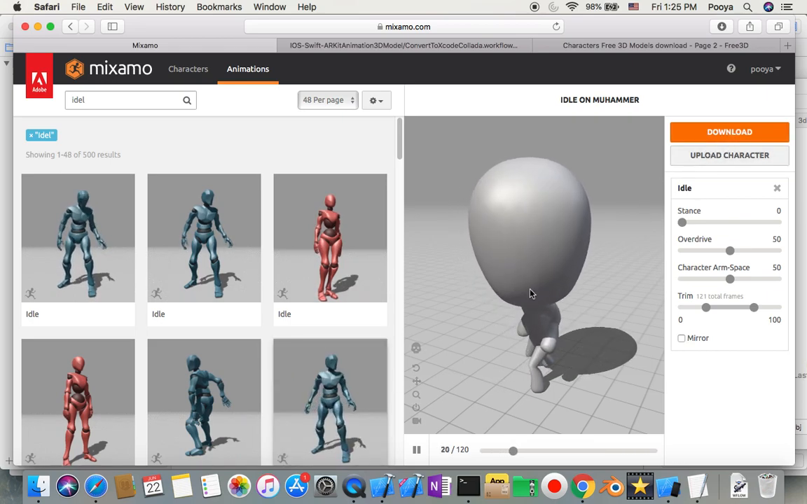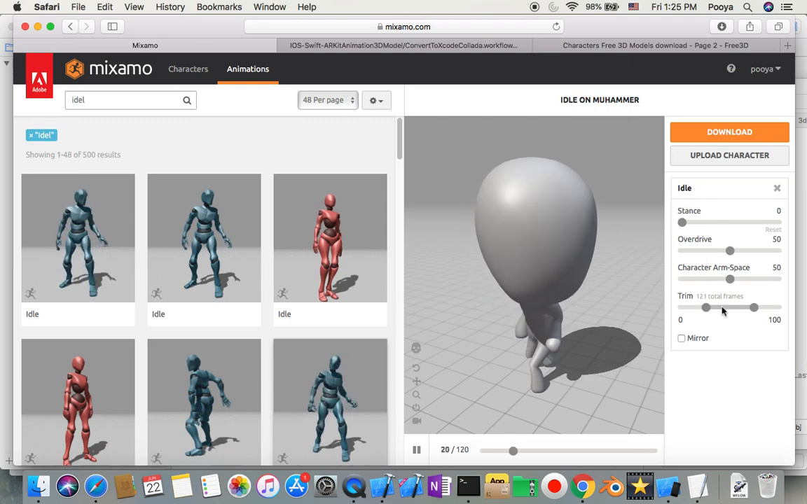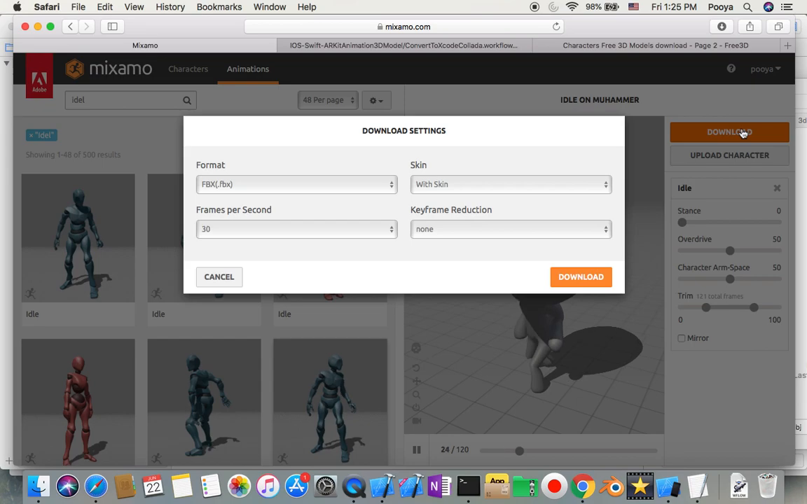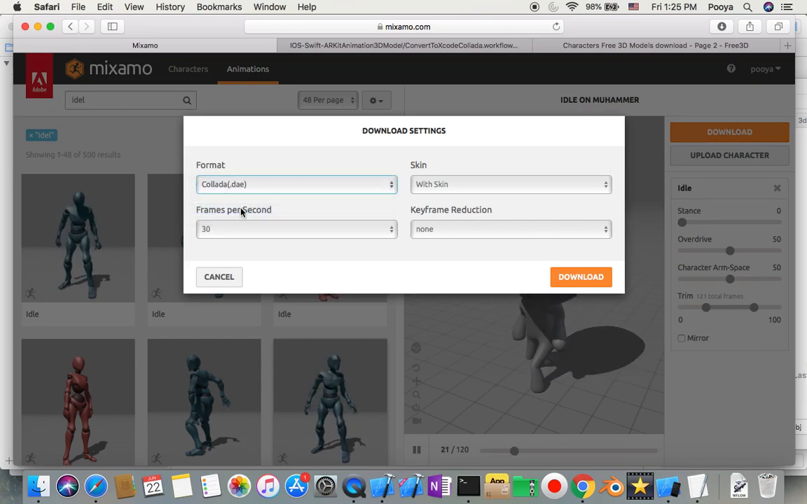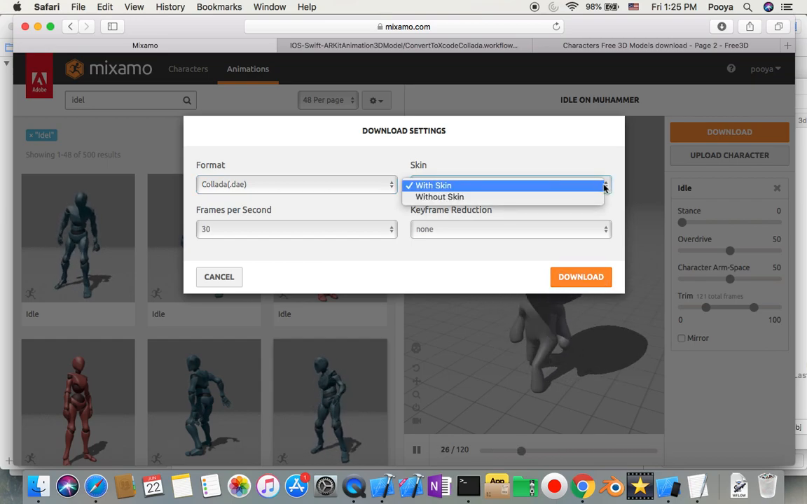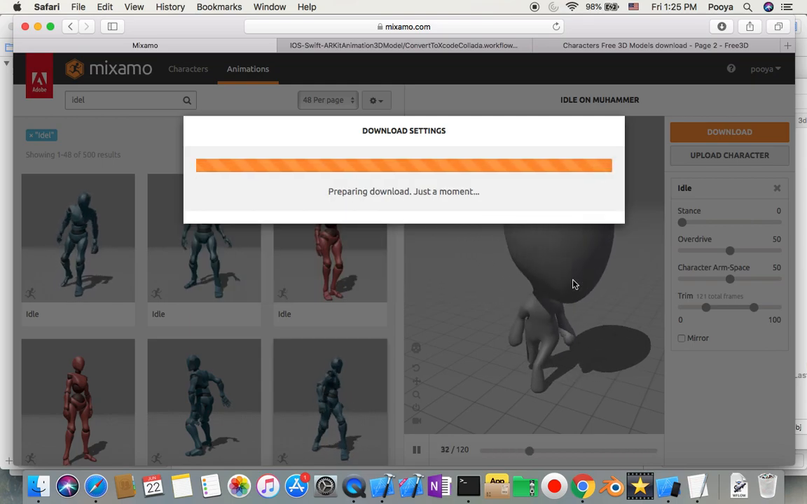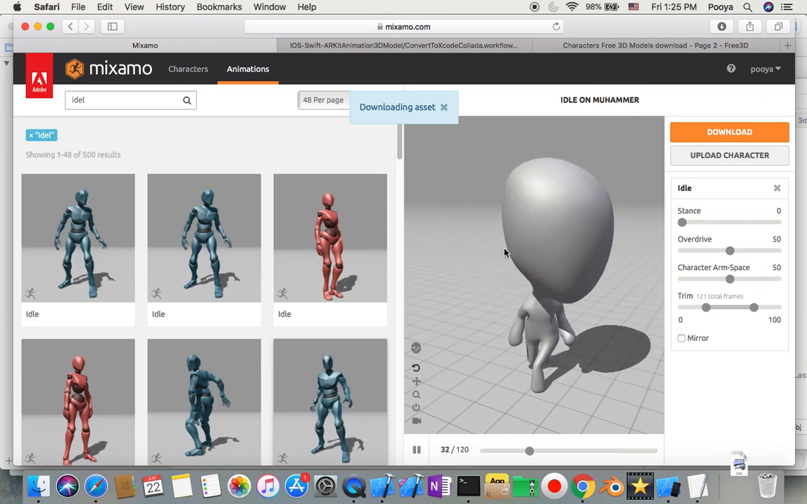and so now we have this, and here you can change how many frames and how you like this, and then click on download. But make sure here you choose Collada, and here you can say with a skin or without a skin. So here I say with a skin, and I say download. If you say without a skin, it will just be the skeleton. Okay, so